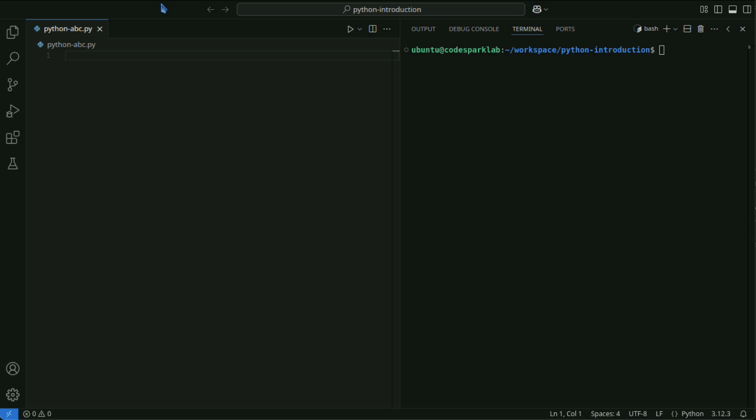To create an abstract class using the ABC module, inherit from the ABC class and define abstract methods using the abstractmethod decorator.